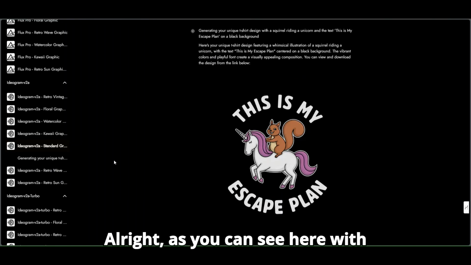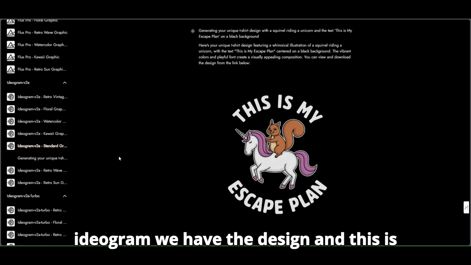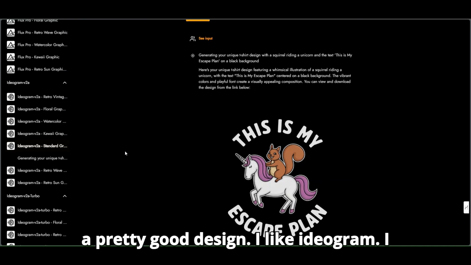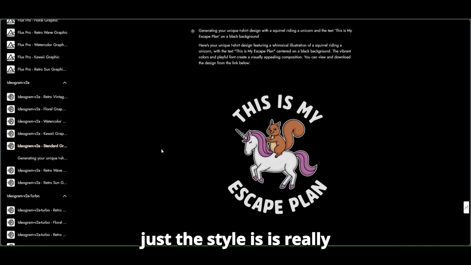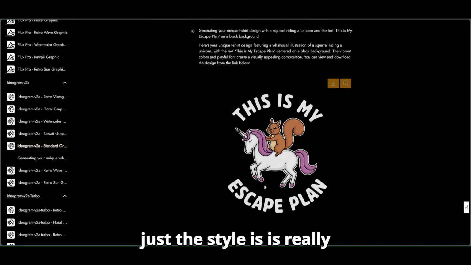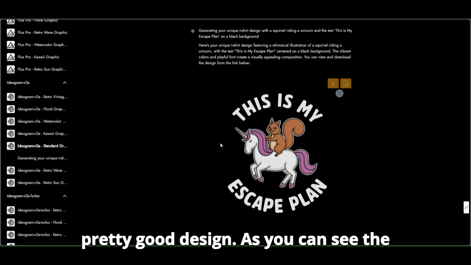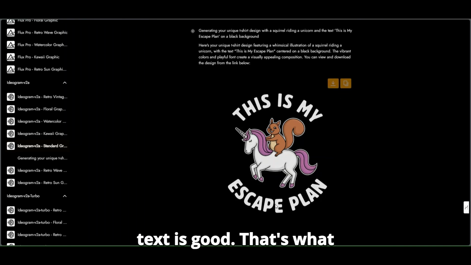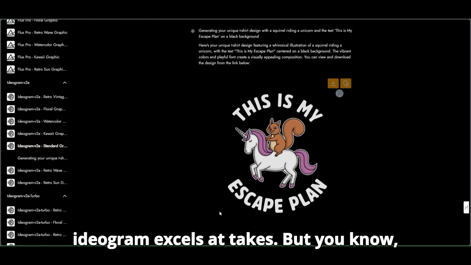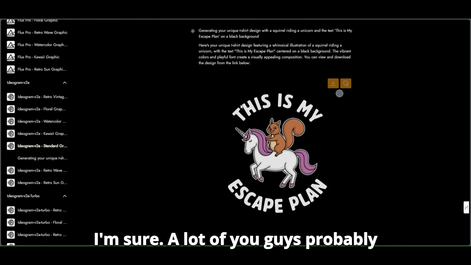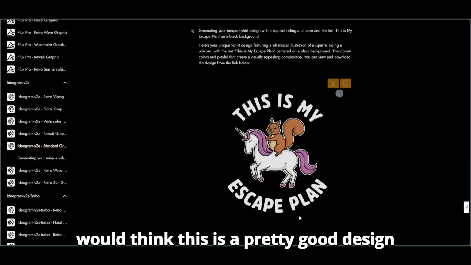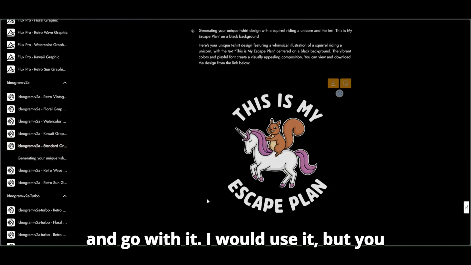All right, as you can see here with Ideogram, we have the design, and this is a pretty good design. I like Ideogram. The style is really not a style that I like, but it's a pretty good design. As you can see, the text is good. That's what Ideogram excels at, text. But I'm sure a lot of you guys probably would think this is a pretty good design and go with it. I would use it, but